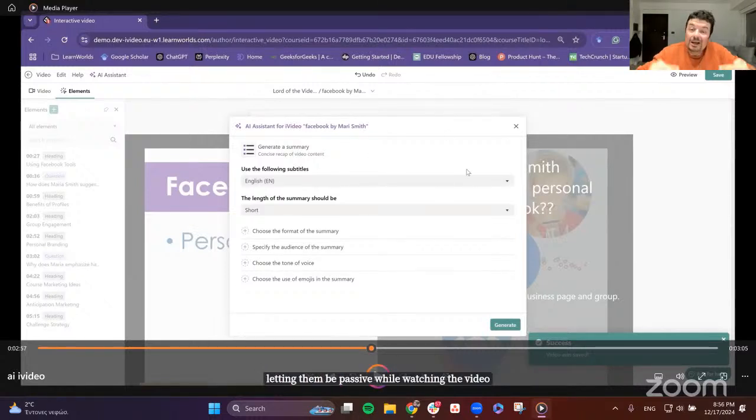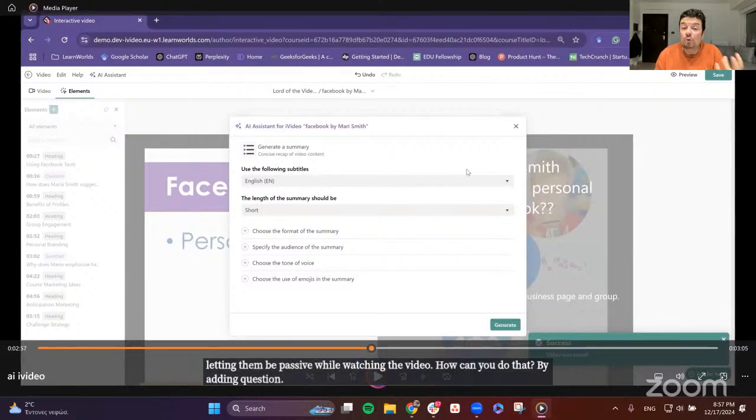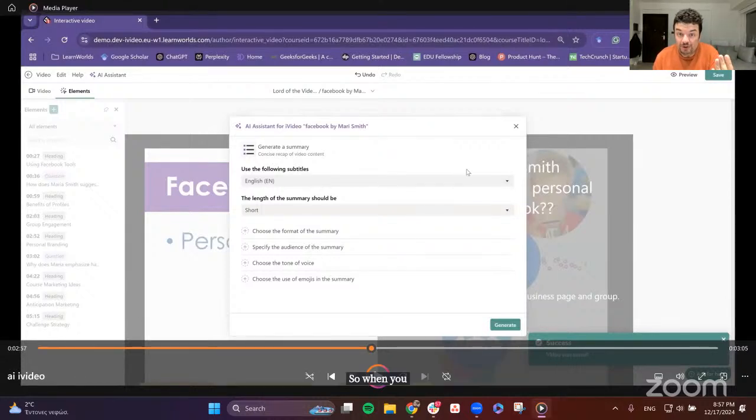How can you do that? By adding a question. When you add a question, the video stops and waits for an interaction. So again, he has to think, he has to decide, and then his focus is again more on the next step. Usually we say that if you have a question every 1 or 1.5 minutes, then the engagement with watching your videos will be multiplied by a huge margin. So structure, questions. Let's go to the third one.